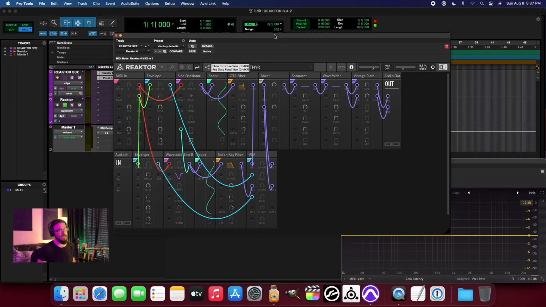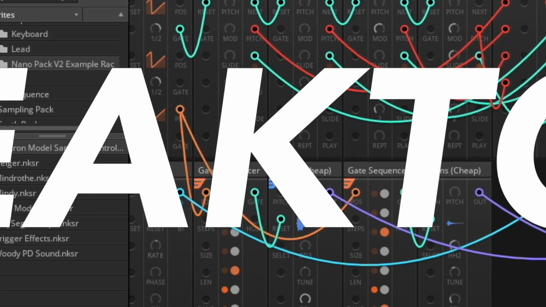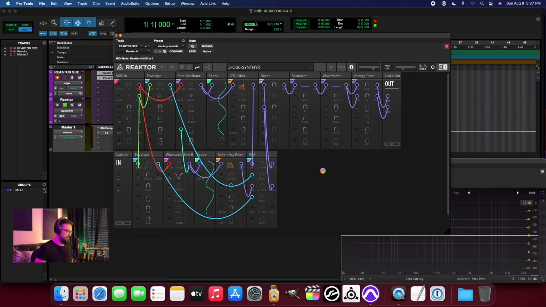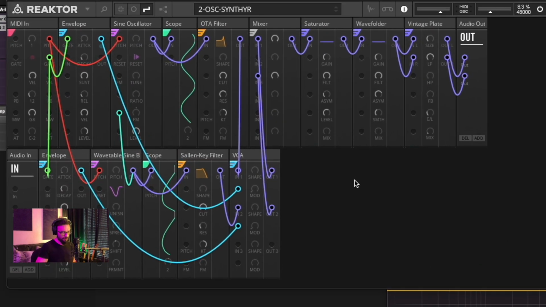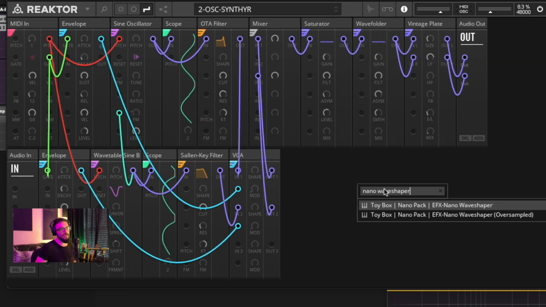What is up, everybody? It is good to get back in the studio today to check out the Waveshaper module within the Toybox Nano Pack V2 library in REAKTOR Blocks. I'm just going to go ahead and hit enter on my keyboard and search Nano Waveshaper,